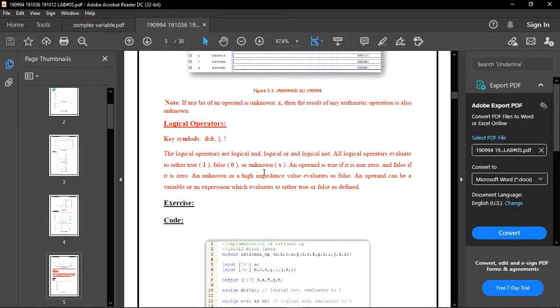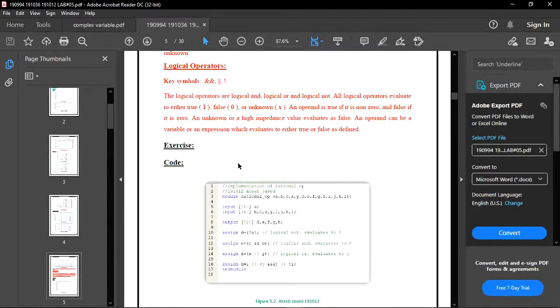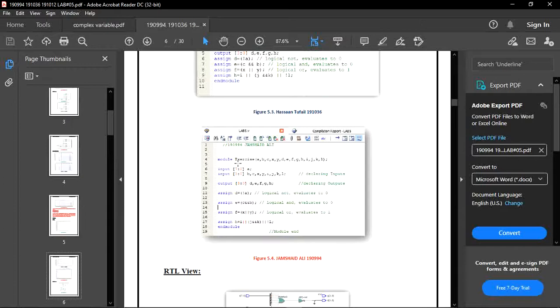After reading all of it and after seeing our exercise which we have to prove in lab 5, we made a code for these logical operators. Now you can see this is our basic code for performing all our exercises in Quartus.